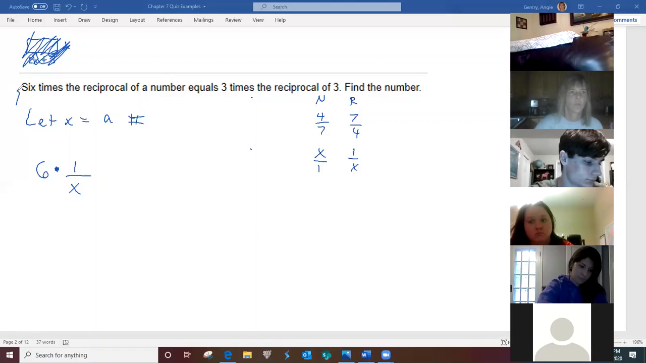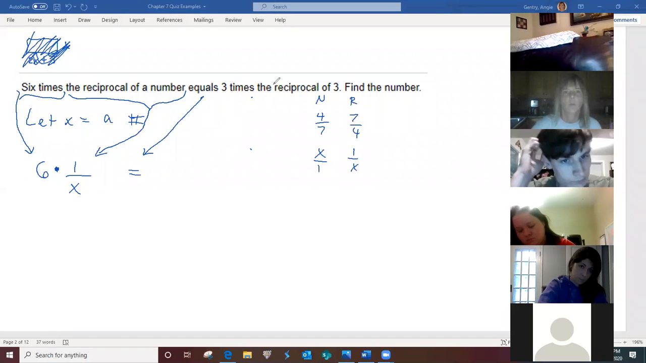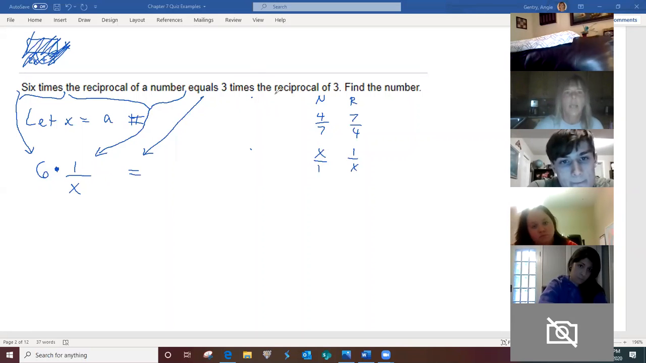So this is the 6 times. The reciprocal of a number is this piece. See? That's just English in the math. Equals should be an equal sign. Do you see how this also puts it in the order that you need? And then 3 times